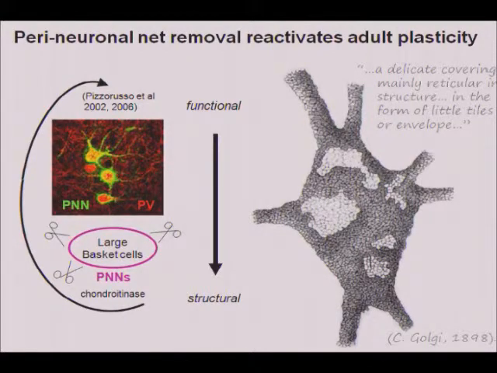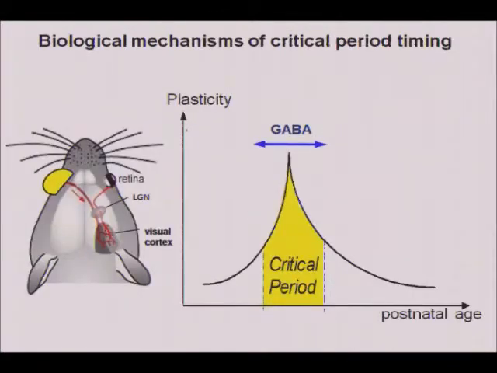And in fact, if you inject an enzyme that cleaves or disrupts these nets, it's possible to reopen a visual critical period, as shown by Maffei's group in this early paper. And more importantly, you can use that to restore vision to animals that were deliberately made amblyopic during the critical period. So the science fiction is starting to become reality slowly, and what's interesting is that they have to do something bad to the brain, remove the net, in order to improve plasticity.